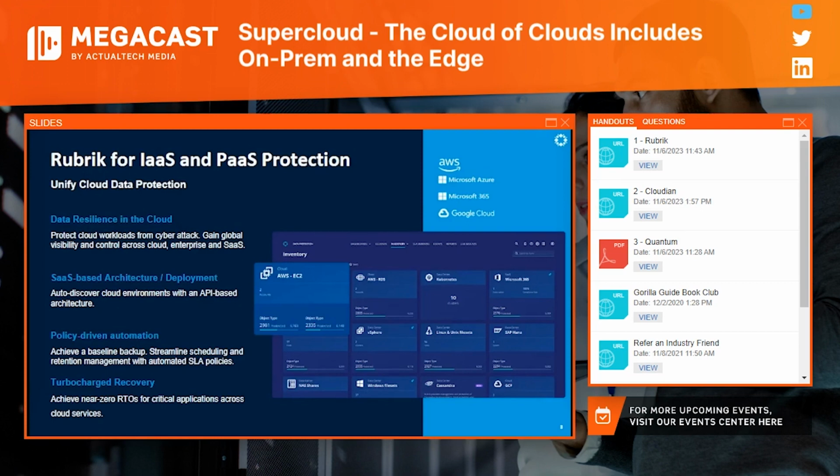So we've basically extended our on-prem model over the years. Certainly, we can protect VMs running in the cloud. We can protect services like databases running in the cloud. We can protect SaaS applications, M365 being a big, very popular one, which I'll talk about a lot more in a minute. And it's all built around this policy-driven automation system that works across all these environments. And it, of course, comes along with some amazing security tools and recovery tools. We have the ability to scan for ransomware in all of the data under Rubrik protection. We have the ability to scan for sensitive data.